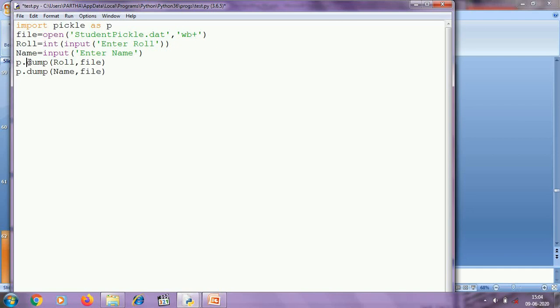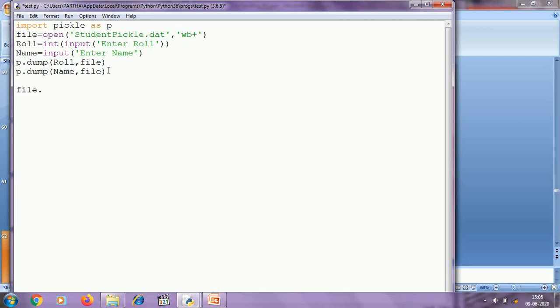Here dump is a function of the module pickle. So as I am giving nickname p for the module pickle, I can access the dump function using p.dump, and within parentheses I am giving the object which will be written to the file studentpickle.dat, and after writing I am going to read from the file.